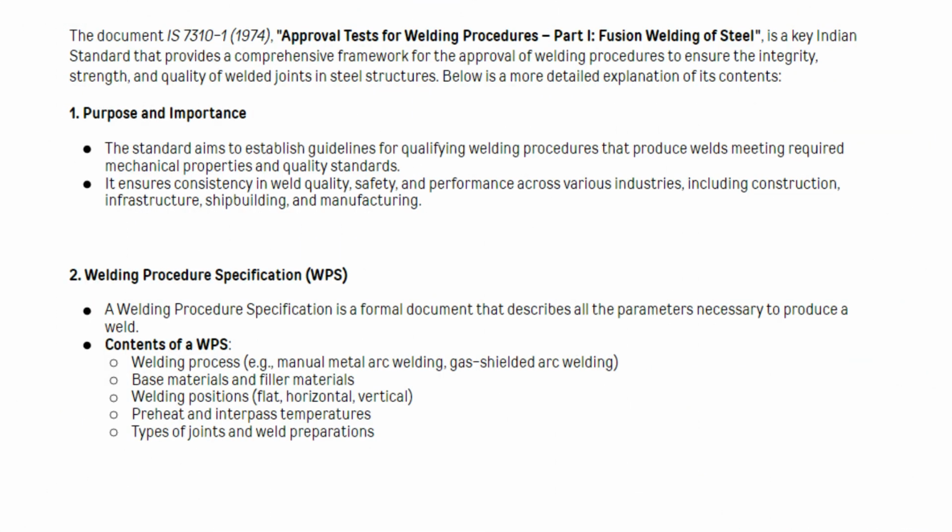The document IS 7310-1, 1974, Approval Tests for Welding Procedures, Part I, Fusion Welding of Steel, is a key Indian standard that provides